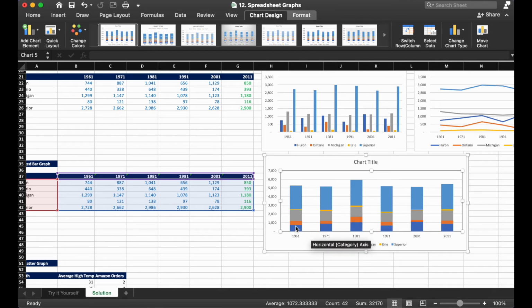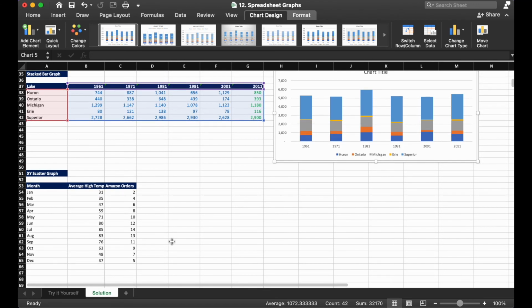So if we look at 1961 and 1971, Ontario was a decent portion, but not huge. And then for whatever reason, by the time we hit 1981, it looks like the volume almost doubles from prior periods. And you can really see that jump out, whereas we didn't necessarily see that in any of our earlier graphs. So if we were trying to tell this same story, we could have used this stacked bar, or we would have had to use a line graph and 5 different pie charts, one for each year.